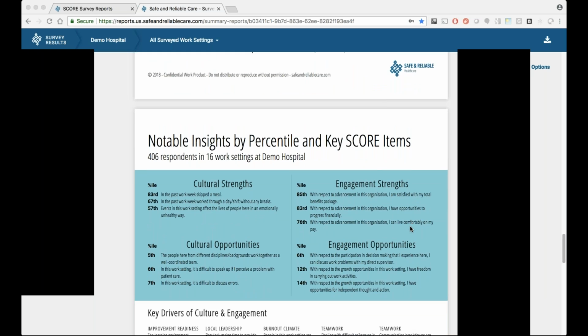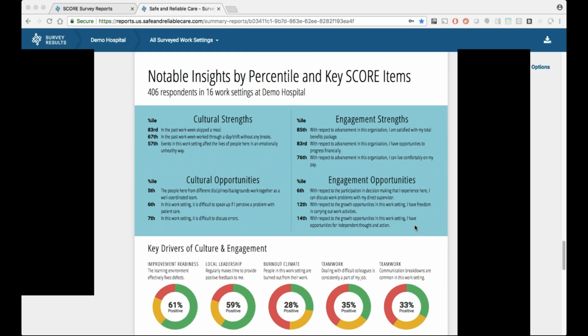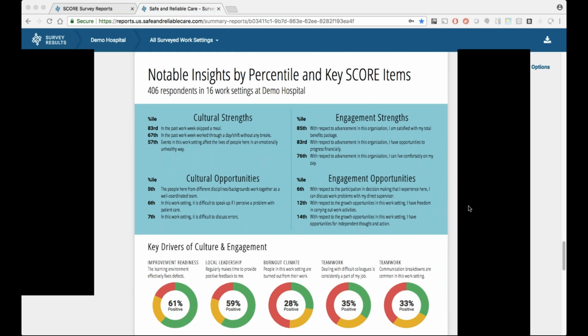On the next page here, we've got some key questions based on the percentiles. On the left-hand side, you'll see this broken out on the culture questions, and on the right-hand side, the engagement questions. What we've done here is taken the top 3 questions based on the benchmark percentile. So these may not be the highest percent positive in terms of absolute numbers, but compared to the benchmarking data